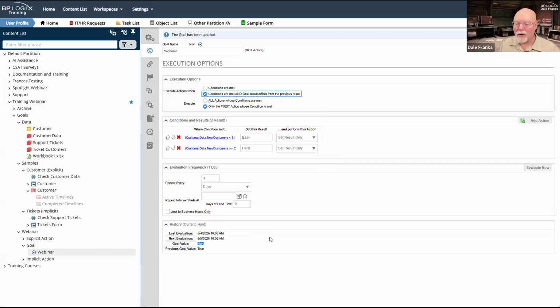Because if it's hard, and it's still hard, I don't want to re-invoke the conditions again. I've already handled it, or I will have handled it in my process, as we'll see in a little bit. Here it says execute actions. I'm not actually performing any actions. All I'm doing is setting a result. So in this particular case, it doesn't matter.